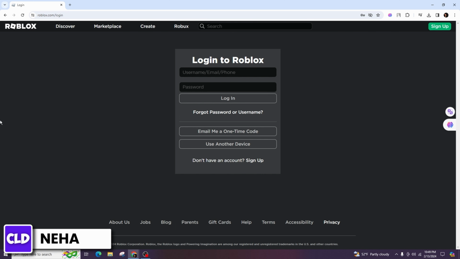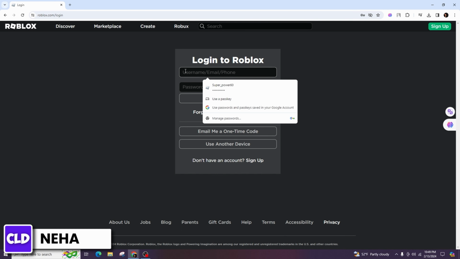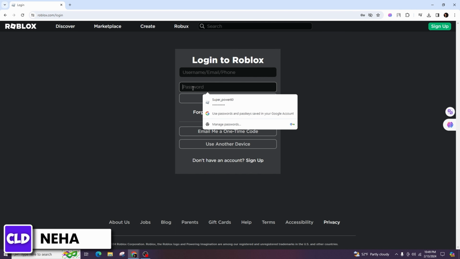In order to successfully transfer your Roblox account, you must have your username and your password readily available. If you happen to forget this information, you can easily recover it by clicking on Forgot Password or Username when logging in on another device. By entering your Roblox email address in the first box and entering the password in the second box, which is the same email used to create your account, you can change your password and retrieve your